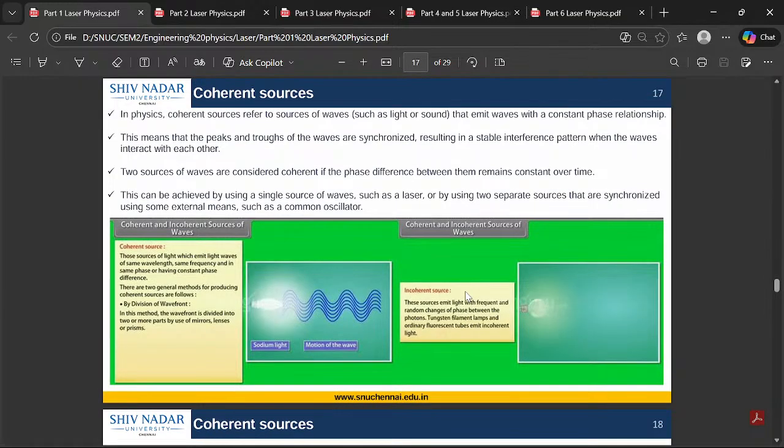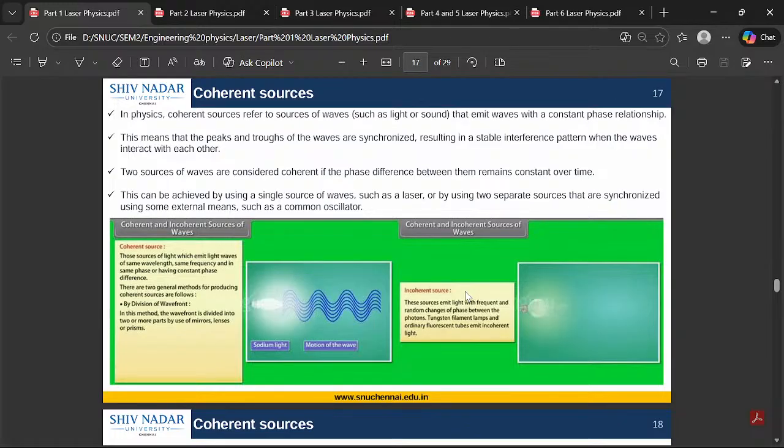Okay, as I've already explained what a coherent source is, so let's go here. In physics, coherent sources refers to sources of waves. Taking the laser, it is a coherent source. First, as I have said, coherent sources contain the wavefronts which are coming from the source, and they are in